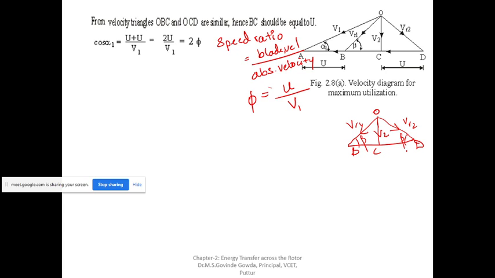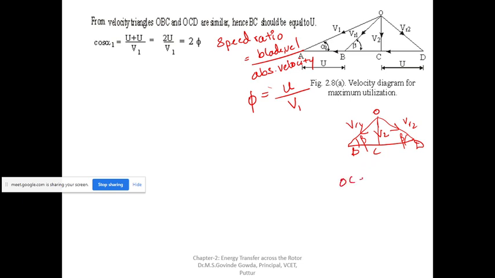There are some postulates, if you remember. If I want to say that triangles are similar, there are some postulates. Do you remember? OB is equal to OD. Why? BC equals CD. Why? You cannot say that just by seeing. So let us say we have to use the SAS postulate, AA postulate, or ASA postulate. Those we have to use here.